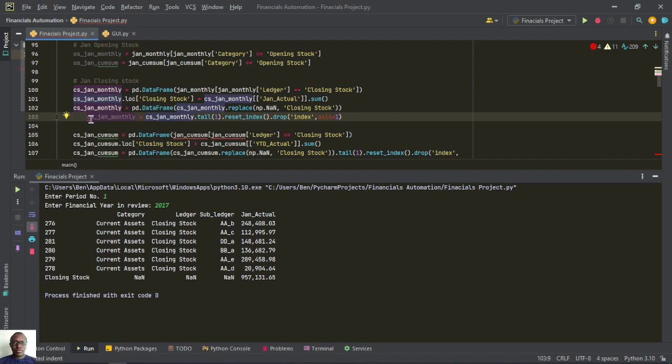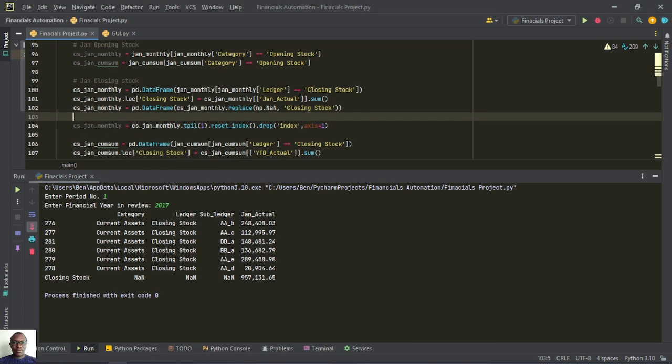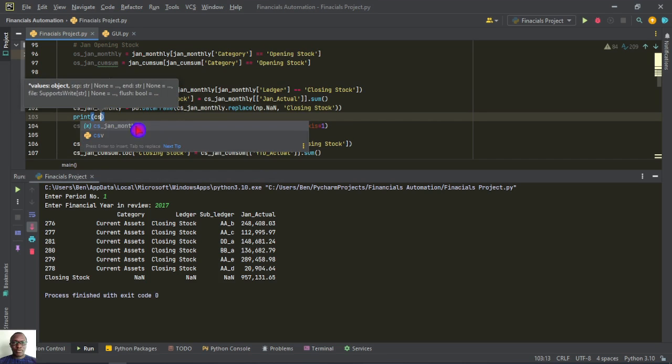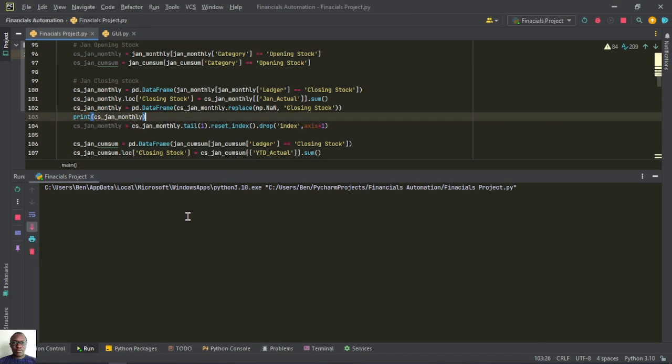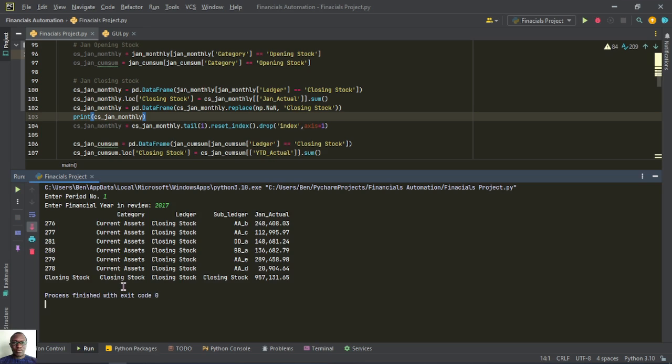And then you must use the proper indent. So now it's okay. Now when I try to print closing stock monthly, you'll see what we have. So period 1, then the year is 2017. So now you can see after replacing the null values with closing stock, where we had the null values, you can see we have closing stock,